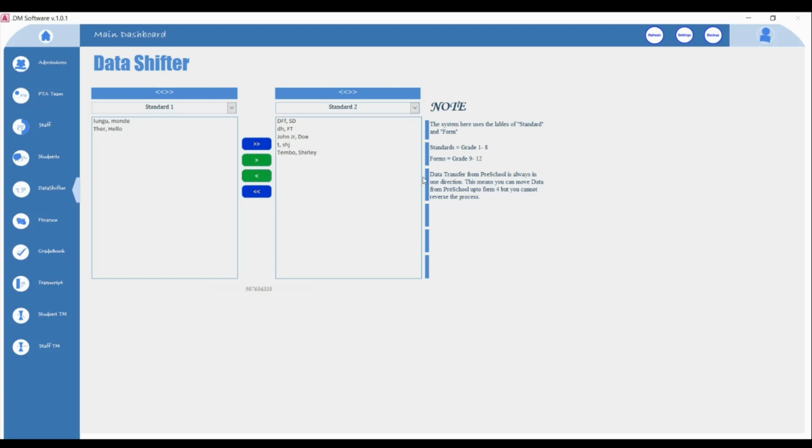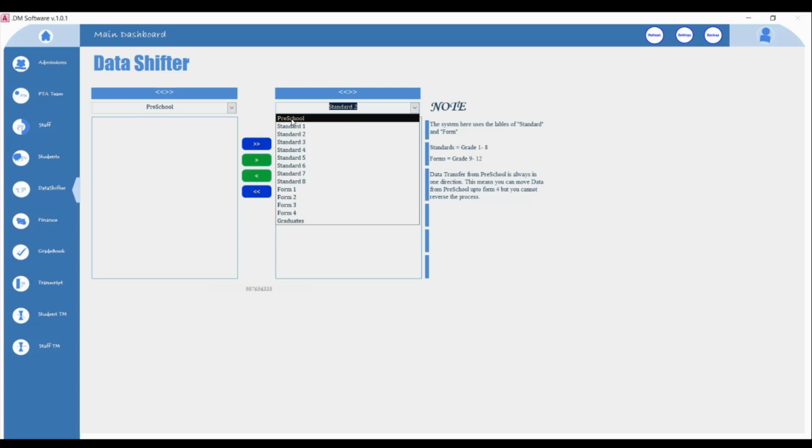You can't do that. So the reverse is not there. So just make sure that when you're doing transfer, at least you do maybe one by one, or if everybody's okay to go into grade 1, then you can just use one click to move all the